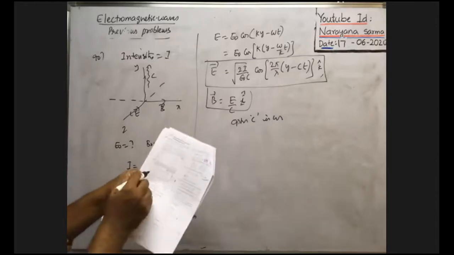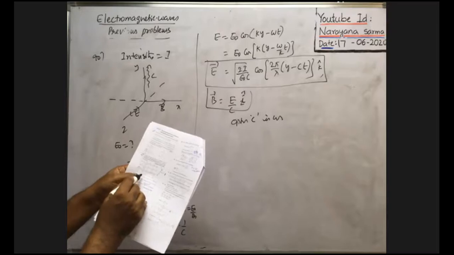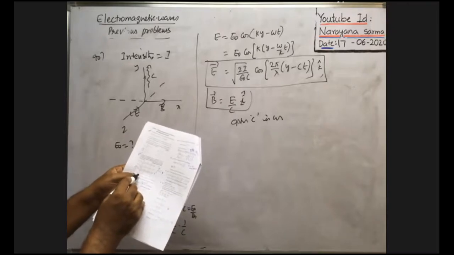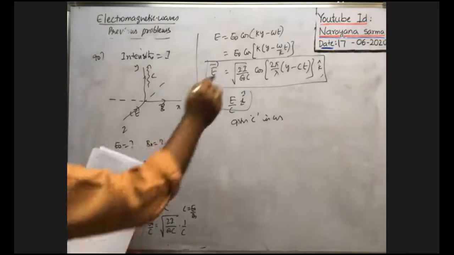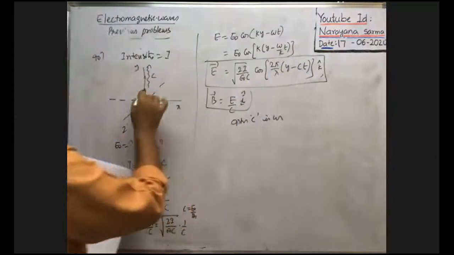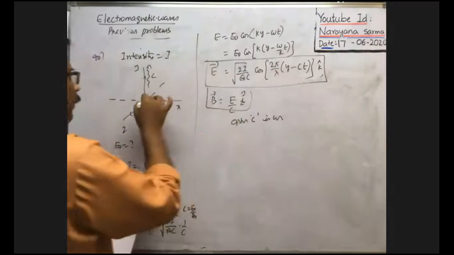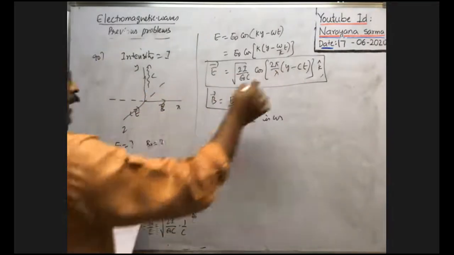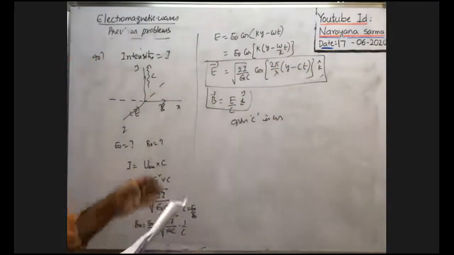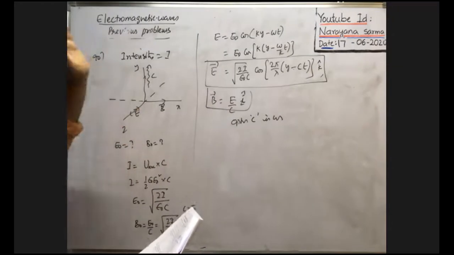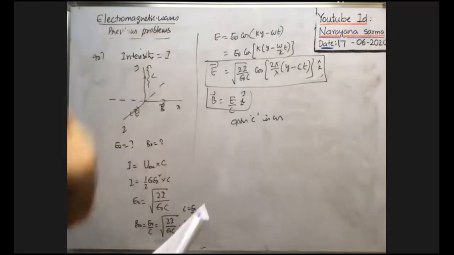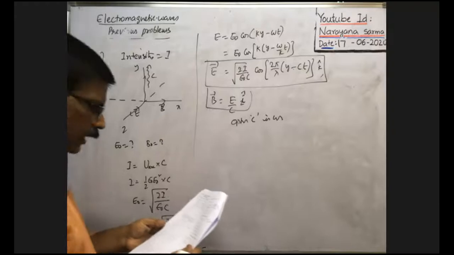Okay, here in option B, E bar is given as root 2I by epsilon naught C into cos 2 pi by lambda into (y plus CT). As the wave travels along the positive y-axis, we must get minus. If it is along the negative y-axis, then you will get plus. But in the problem, it is given that the wave travels along the positive y-axis. That's why this option is the only correct one. So option C is correct. Okay. Next,